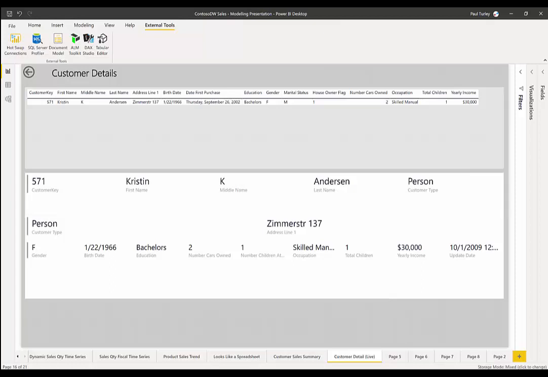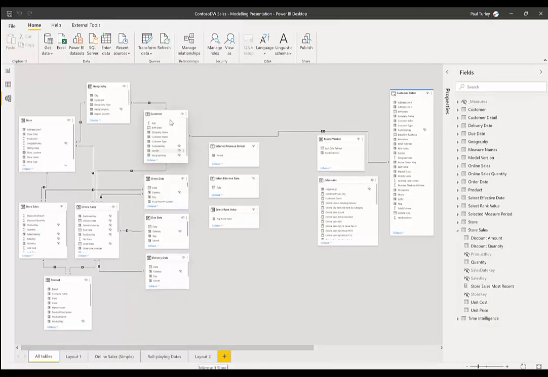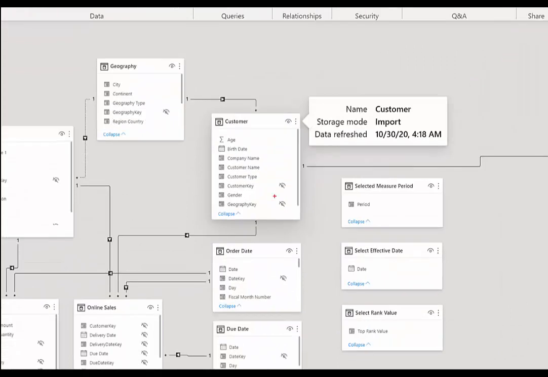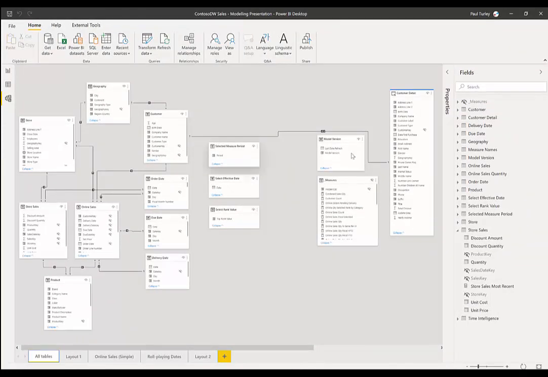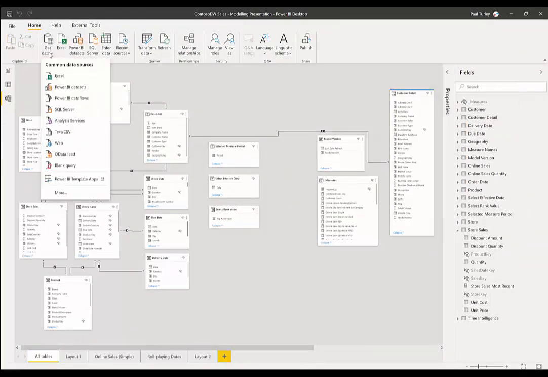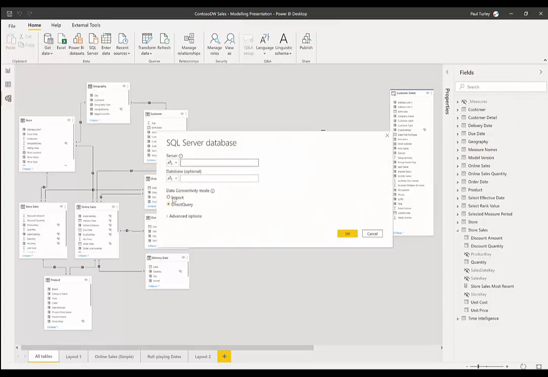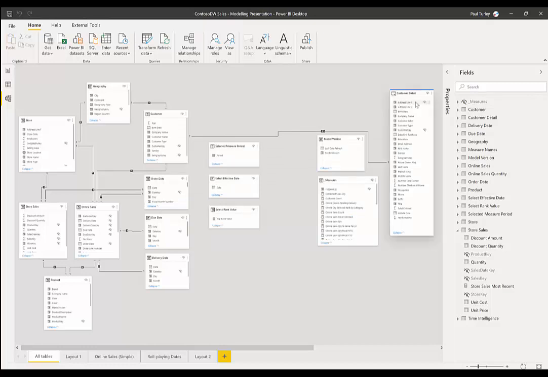Okay, how does that work? I had imported my customer information in two different ways. I imported summary information. This actually came from my customer table in our simple database, but I only imported the data that I needed, only the columns that I needed. But I also imported the customer information in another table, and when I chose Get Data, rather than using the import mode, I used direct query. So I put in my server, my database, and I chose direct query. And that creates this query definition that then describes this table, but there's no data sitting in my data model. It's just a connection out to that table.